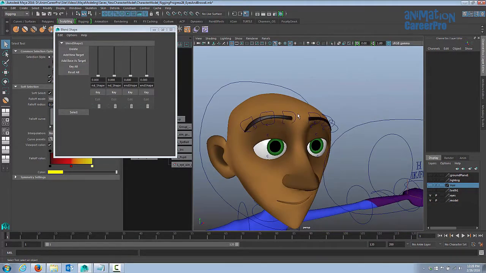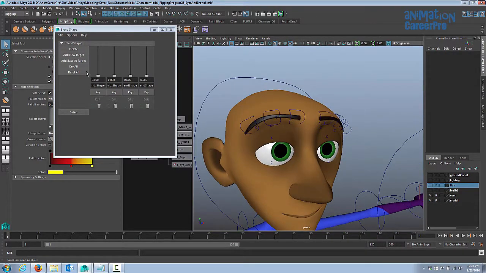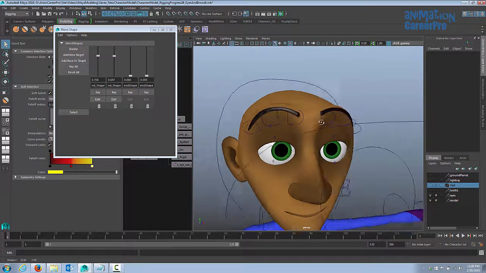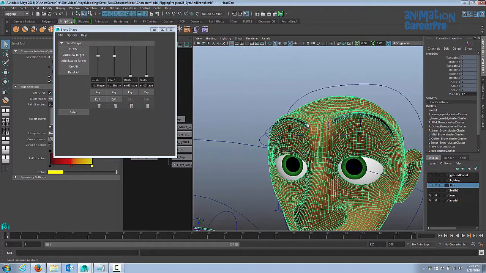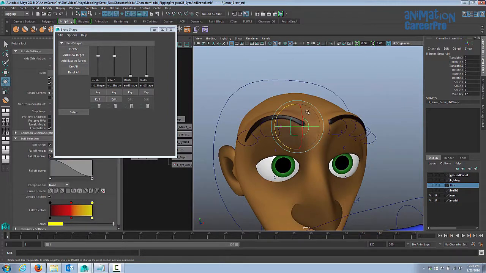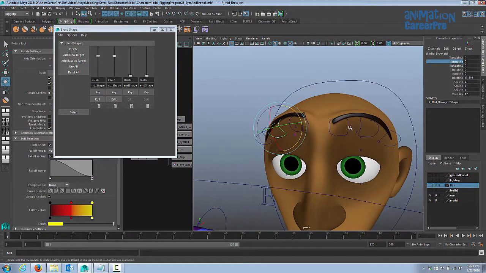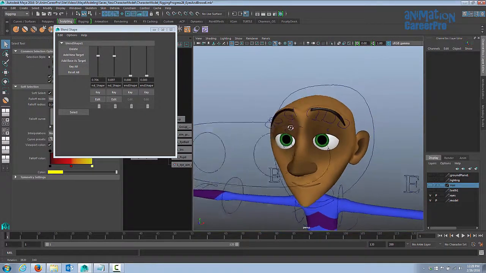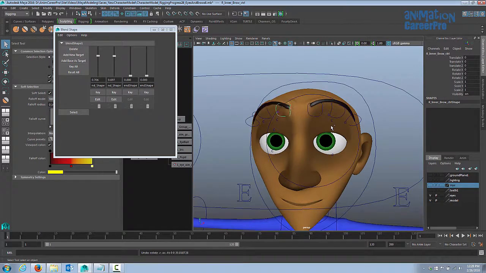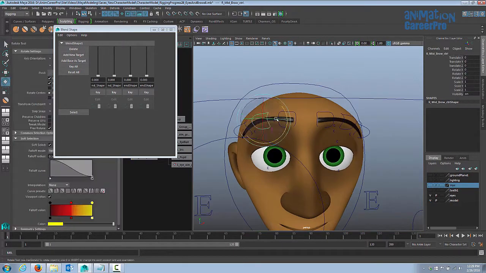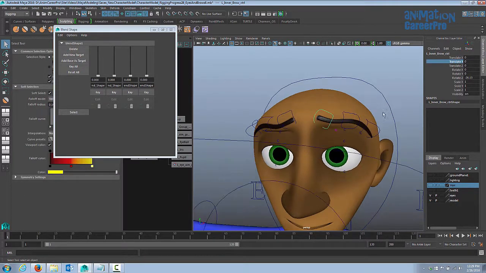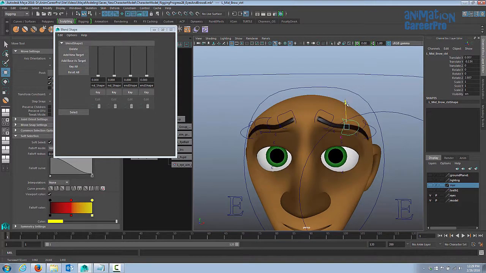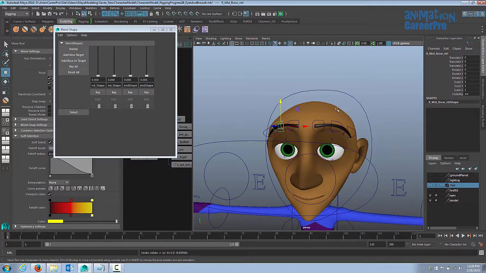We should be able to get any brow expression that we need with these controls. So I'll just try a few. The main things I want to hit is make sure we can get them to look happy and sad, and then any variation in between. And again, these clusters are just to tweak out the brow shapes. So that'd be great for happy, something like that. And we want to make sure that we can get them to look sad as well. Test for angry as well.